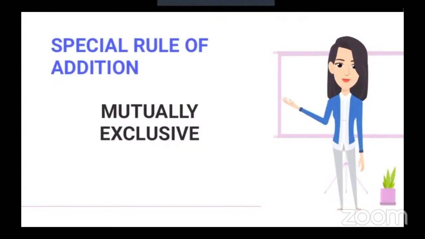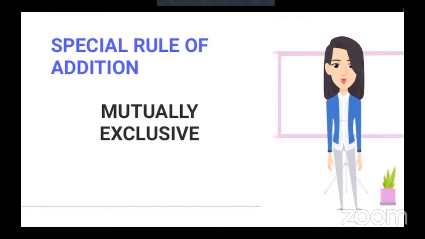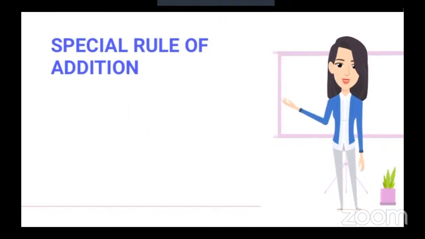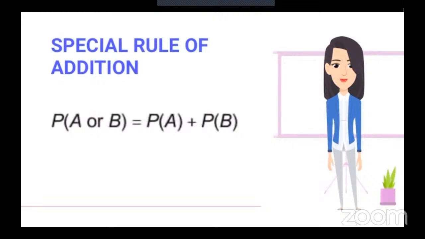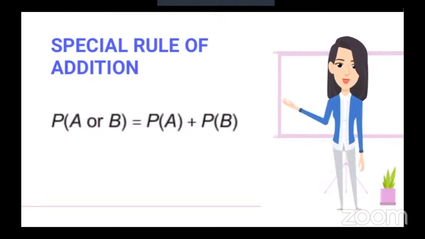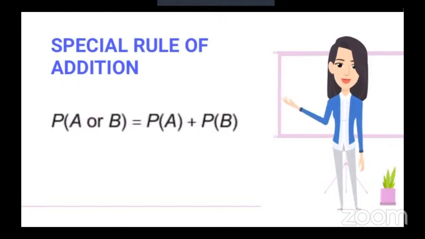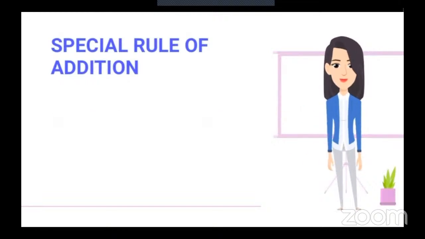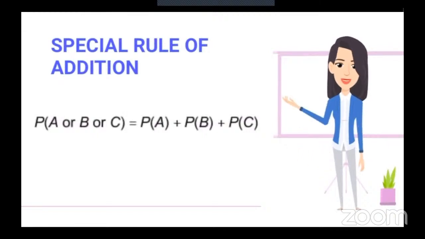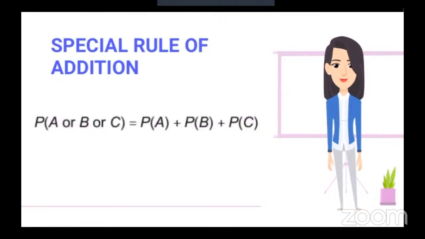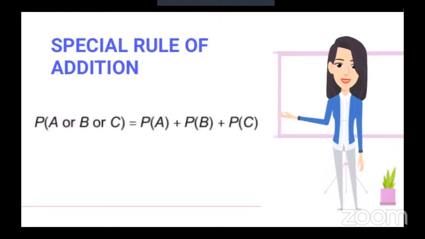This rule is expressed in the following formula. Probability of A or B equals P(A) plus P(B). For three mutually exclusive events, it is written probability of A or B or C equals P(A) plus P(B) plus